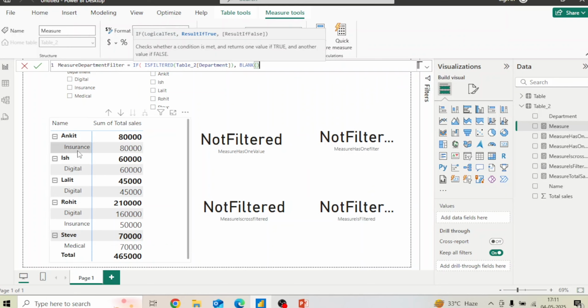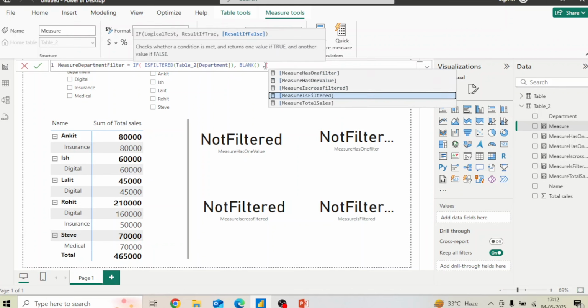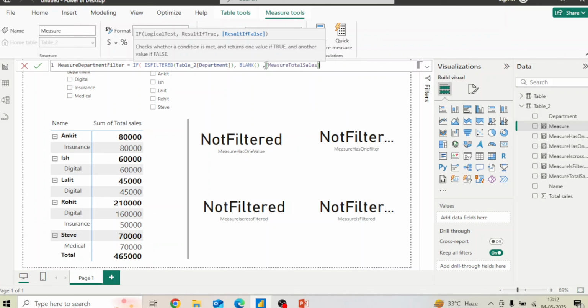You see, at the table level, this filtering that is happening, 80,000 digitals, 1,60,000, 50,000, this is happening at the department level, and the top one is happening at the name level. So if my filtration has happened at the department level, then I need to show it as blank, else you show me the total sales value, that is measure total sales. Okay, if I hit enter,